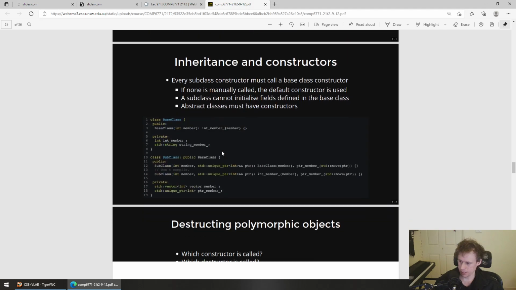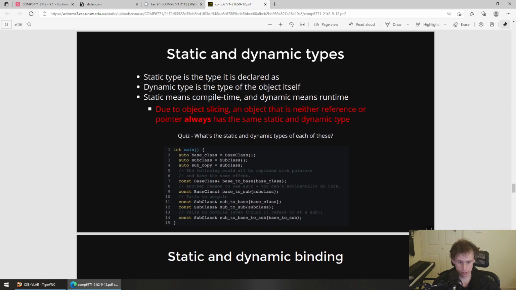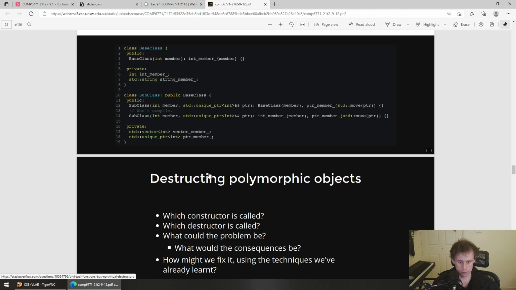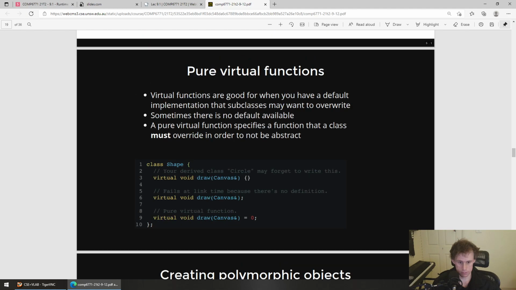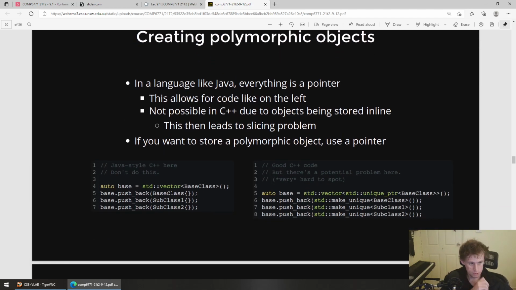So where we got up to yesterday was we went through all the virtual function stuff, and we got to, I believe, around here. We got to creating polymorphic objects. So we'll pick up there. Now, again, a lot of these examples are kind of a little bit theoretical. There'll be a couple of things we can poke around with in VS Code, but